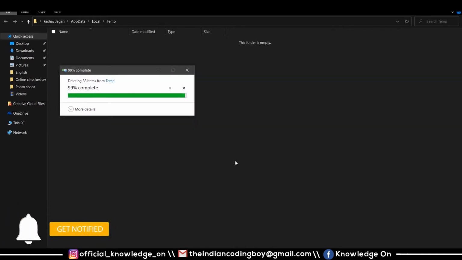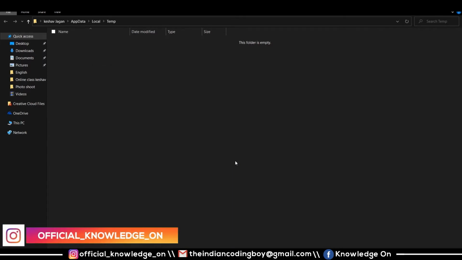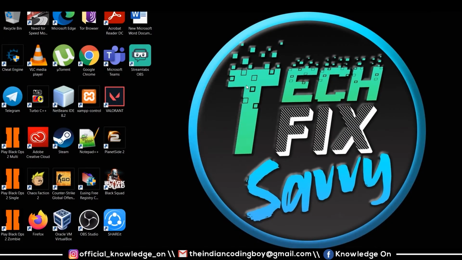And you should know that a few temporary files will not get deleted due to running in the background processes. Some background processes might be using this temporary folder for storing, and these cannot be deleted. In such cases, you can simply skip. And deleting these files can actually save some space. If you haven't been deleting this for a long time, then there will be a lot of space saving. And so this is how we can save a little space.